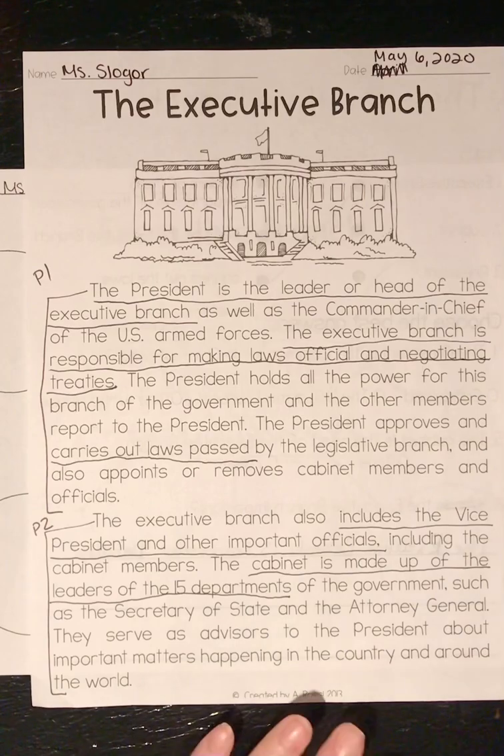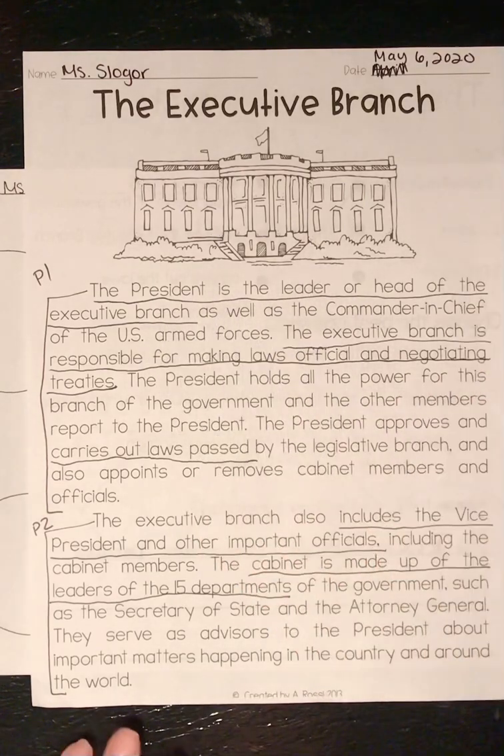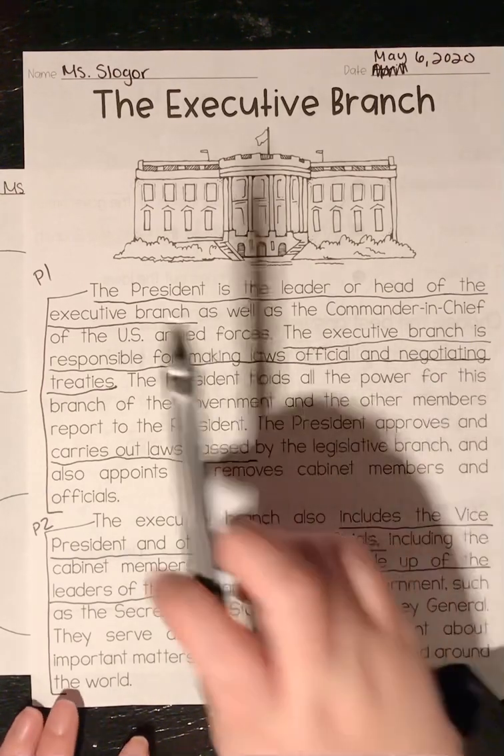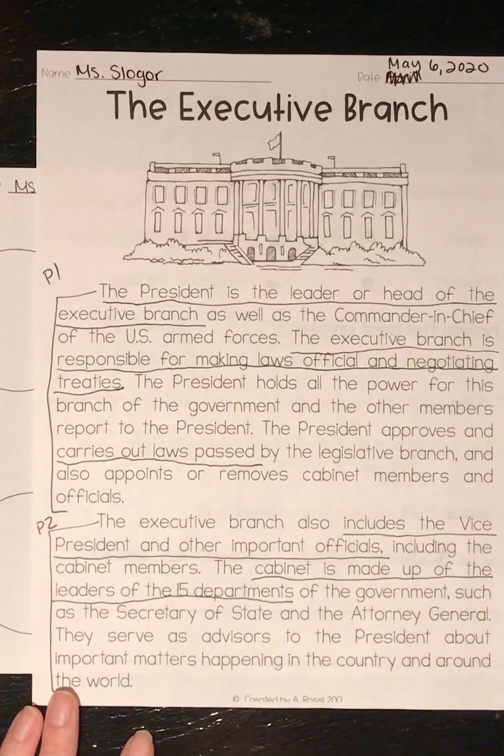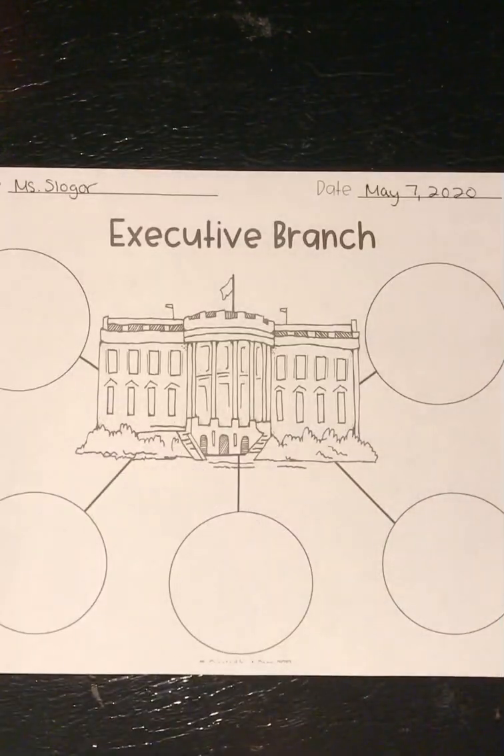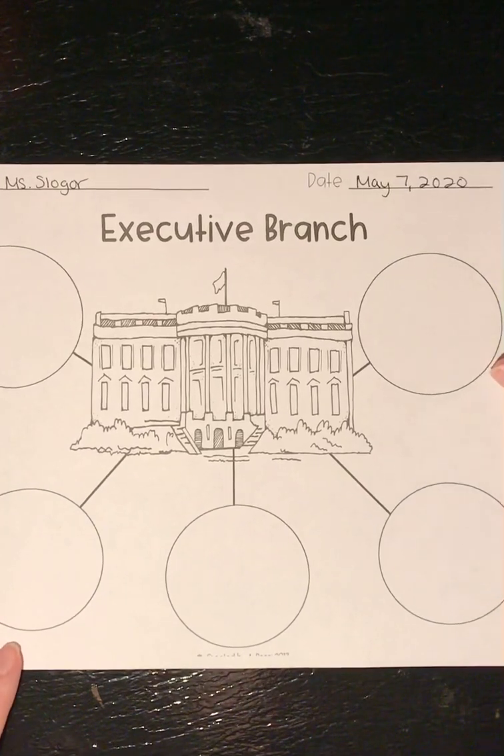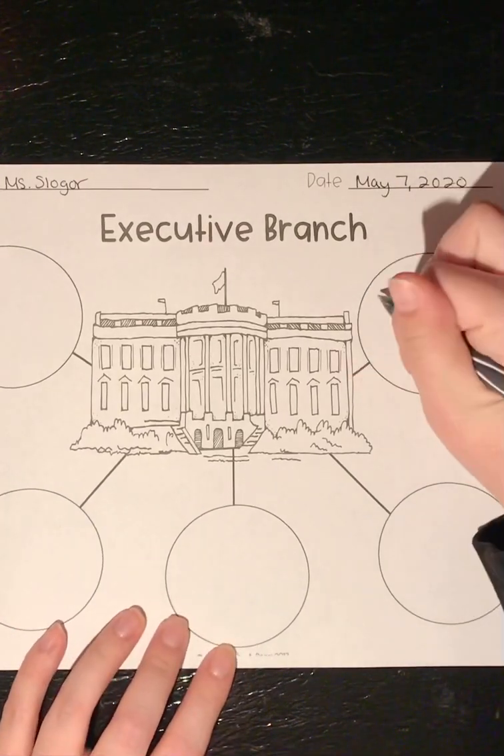So now all I'm going to do is I'm going to go back in my text, and I'm going to take the first thing that I underlined, so that way I'm just going from one underlined thing to another to another. The first thing I underlined was that the president is the leader or the head of the executive branch. So that is what I'm going to write. I'm going to write it word for word. I don't even have to come up with my own words. So I'm going to say the president